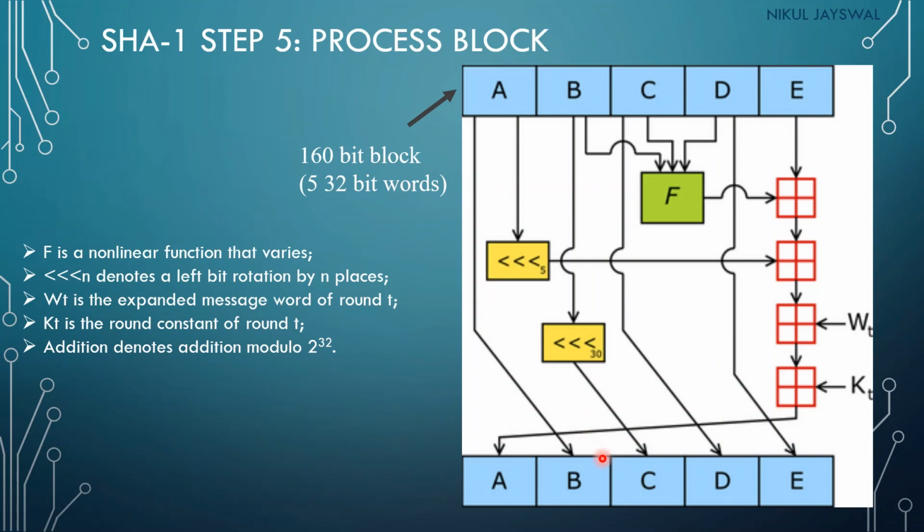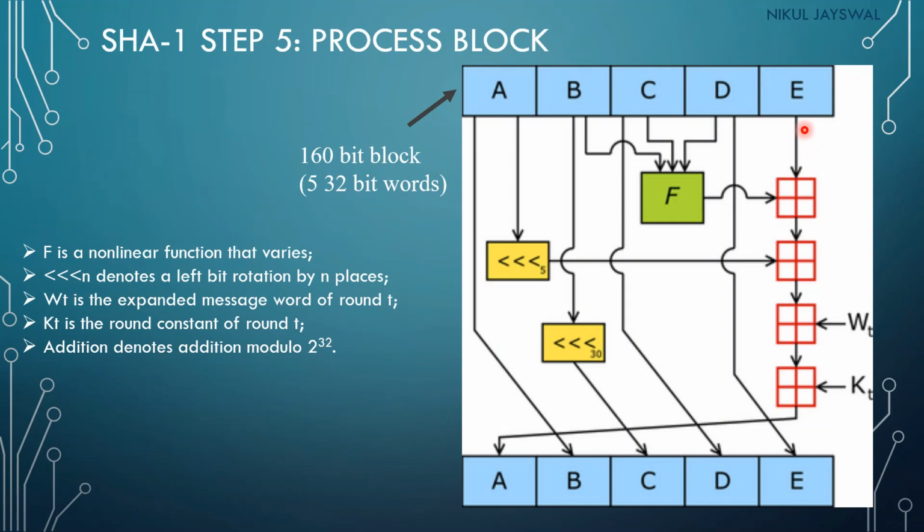So first A will go to B. Now again for the same block A, you can see here we will perform the left 5-bit rotation, and we will perform the addition with this E. So this A will become B. Now for B, if you perform the left shift rotation of 30 bits, the output goes to C. Now for C, you can see here C will directly become D, and D will directly become E. Clear?